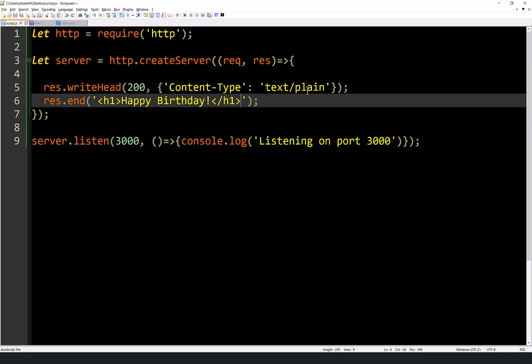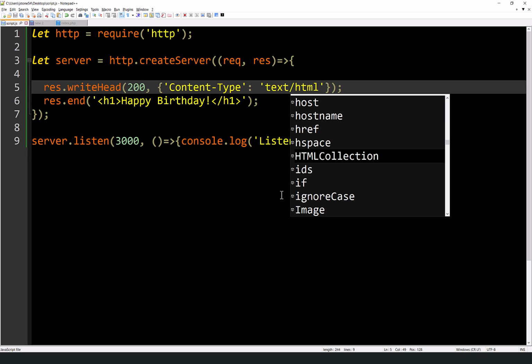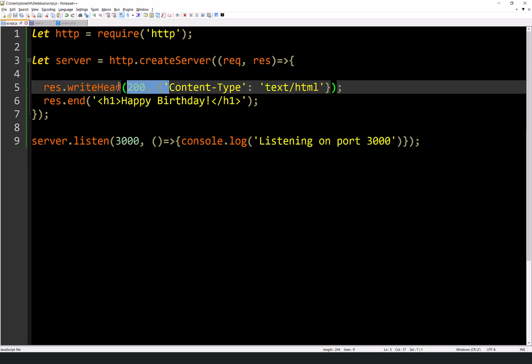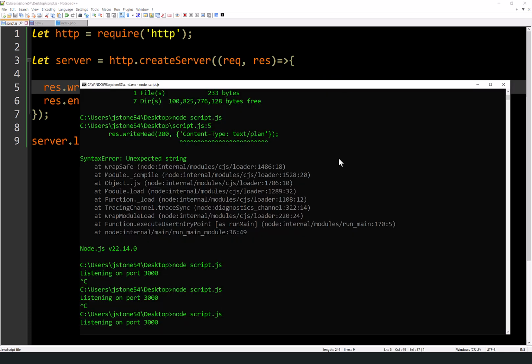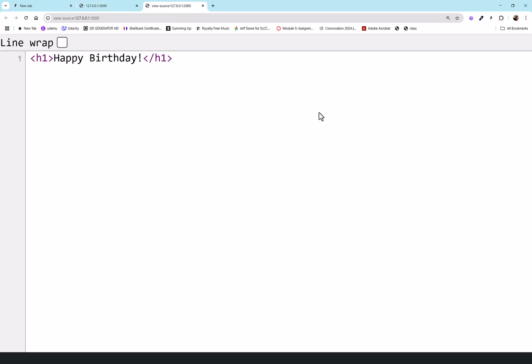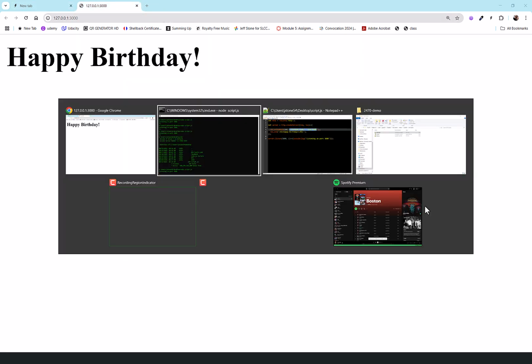All we do is tell it, hey, we're not doing plain text, we're doing HTML. So it is text. HTML is just text, right? But it's text that has special things in it, like angle brackets, like an H1. And then the browser knows what to do with it because we told the browser, hey, everything was good, we got the information, and we're about to send you some text that looks like HTML. So now let's restart the server, sorry, and refresh. And now it's an H1, and you can see what was delivered to the browser was this code here, and that's how it rendered. Okay, so now we're doing some HTML here.